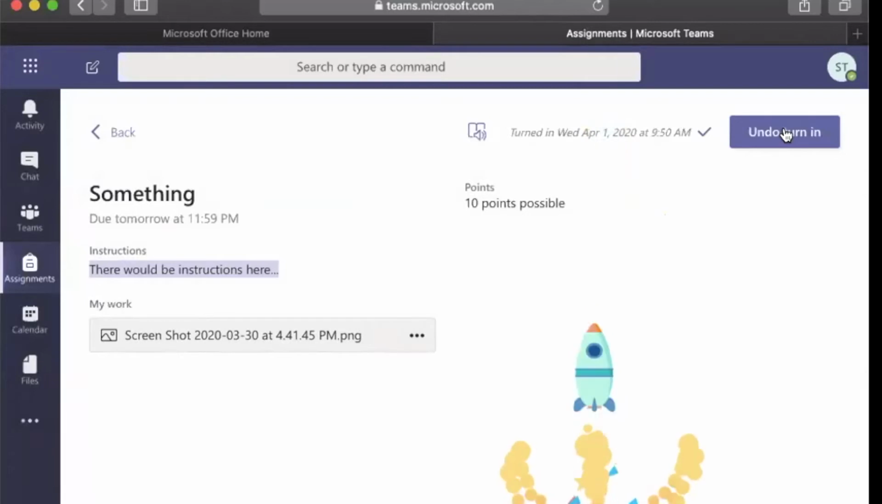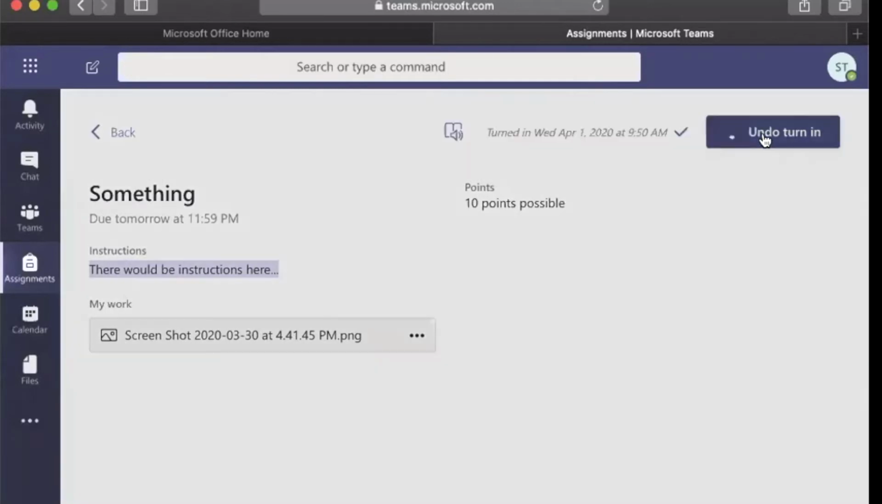And then you get an image of something. You get an octopus, you get a spaceship. I don't know what else there is, but there's different images that'll pop up. And then once you've turned it in, you're done. There's a check mark. It tells you when you turned it in. And then if you realize you linked the wrong file or you forgot something, you can always undo,